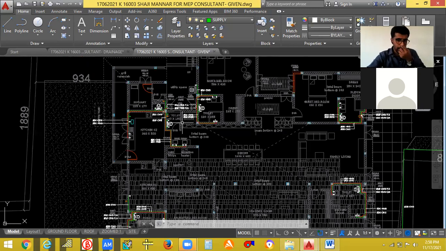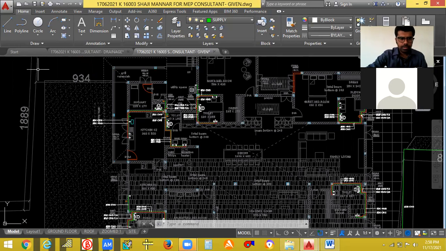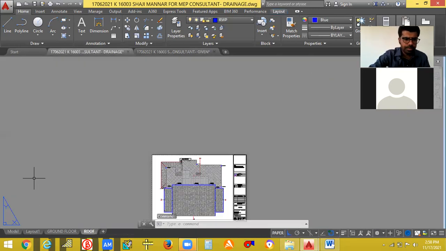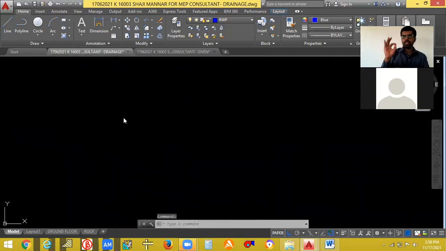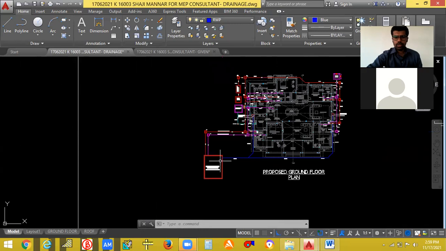Now I am dealing with the drainage. The supply is given to the water closet, wash basins, shower, etc. From there, you have to take the water and dispose of it in the septic tank and soak pit. Correct? So that is called drainage. In drainage, we have three types. One is sewage or foul water, the water from the toilets other than the water closet. Another type is the water from the water closet. The third one is storm water. These are the main three lines of the drainage system.